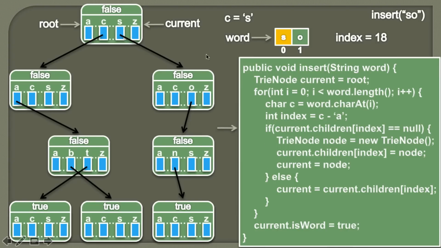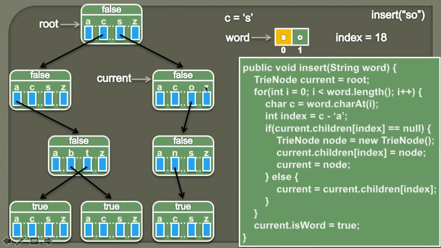Now we'll provide an if block and we'll check the value of this trie node array at index 18, which maps to S. So here you can see that the value is not equal to null. So the condition in the if block comes out to be false. So the else block will be executed. And in the else block, whatever node this children array at index 18 is pointing to, we will simply traverse current to that node. So it would look something like this.